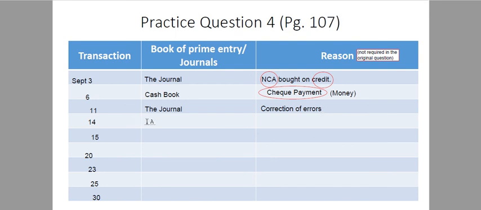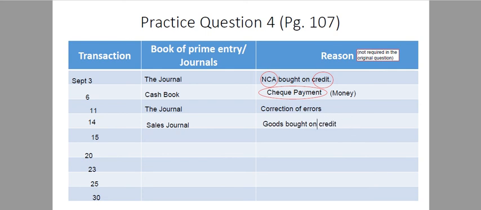Then on 14th, invoice was issued for the sale of goods. Again, the word is invoice, so it's a credit transaction, and it is for the sale of goods on credit. So it will go in the sales journal. So this one goes in the sales journal, and the reason being goods on credit, and we'll circle the word goods and credit. So because goods have been sold on credit,